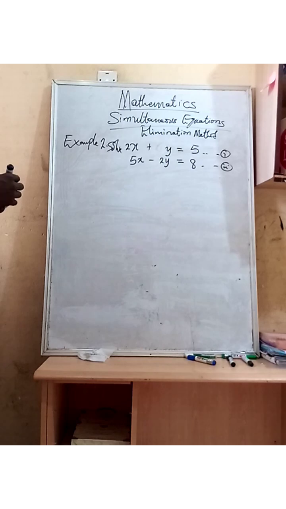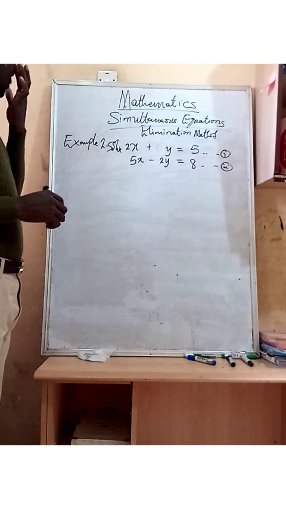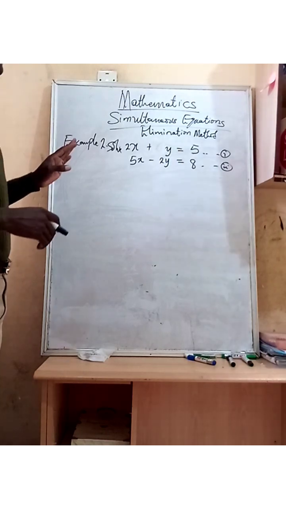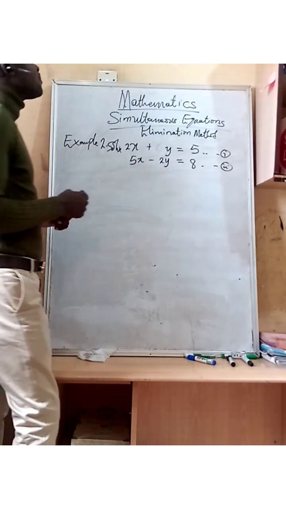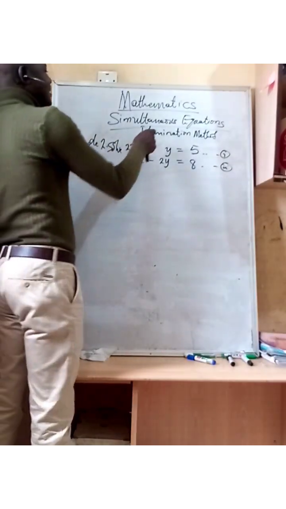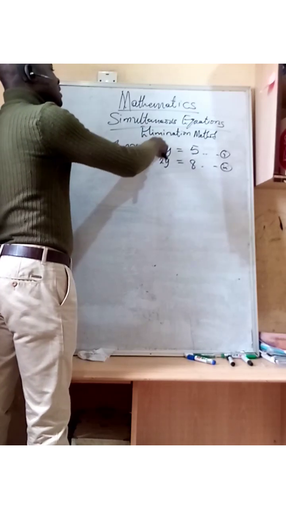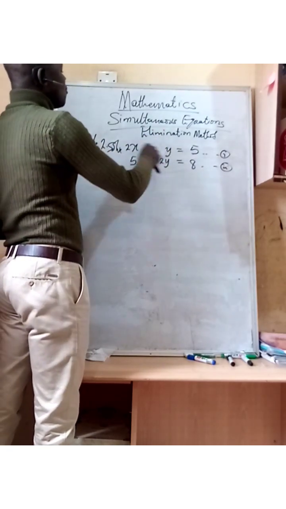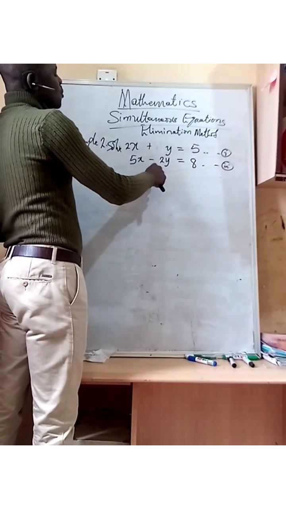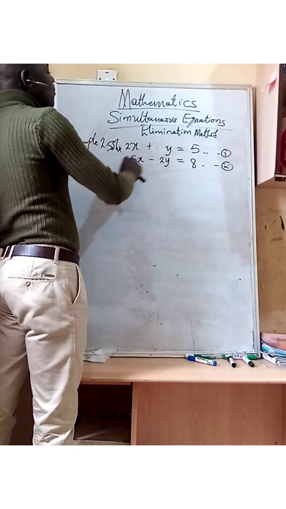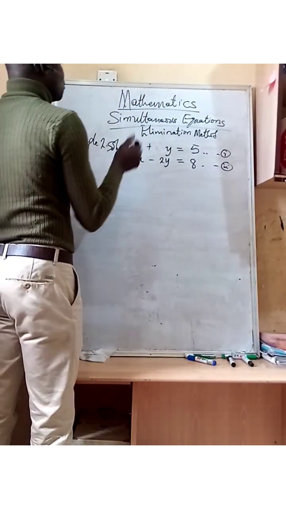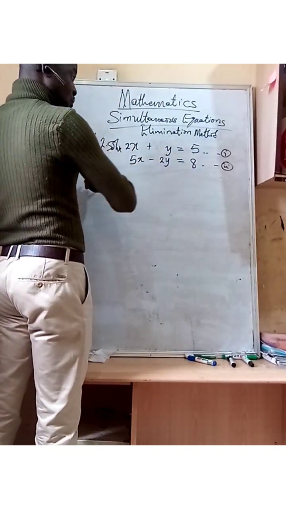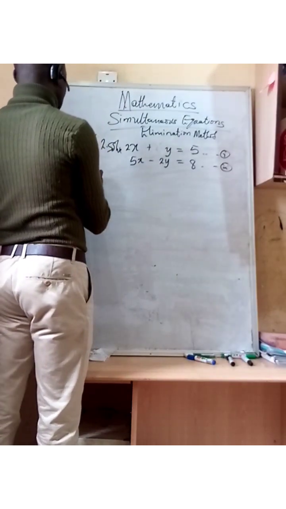From what we have here, it is easier to solve it using the elimination method, even though none of the variables has equal coefficients in equation 1 and equation 2. However, the coefficient of y is 1, so we can easily multiply through equation 1 to obtain equation 3, in which the coefficient of y will be equivalent to the coefficient of y in equation 2. So knowing that, and the positioning will be perfect, so we now say from here,